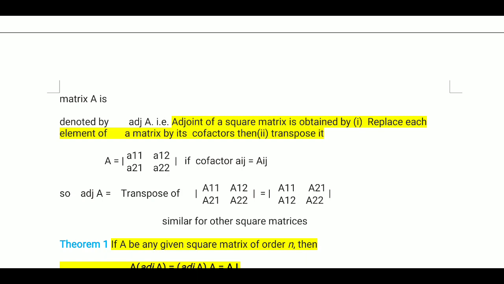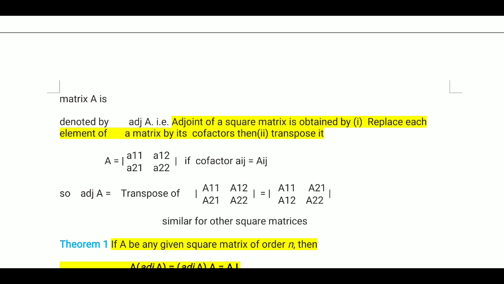So if we replace the elements of this matrix by its cofactors, meaning capital A11, capital A12, capital A21 and capital A22,